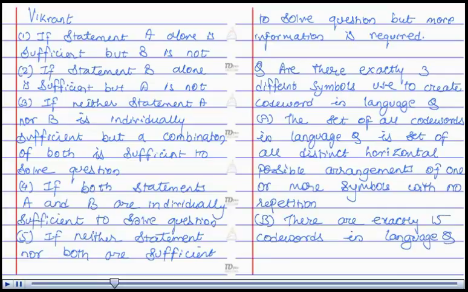Question is, are there exactly 3 different symbols used to create code words in a language queue? A. The set of all code words in language queue is the set of all distinct horizontal possible arrangements of one or more symbols with no repetition. B. There are exactly 15 code words in a language queue. The solution is,